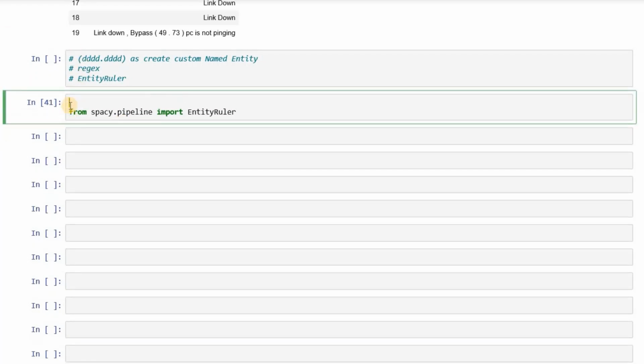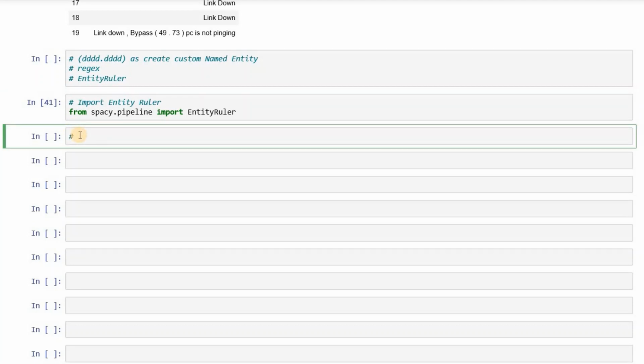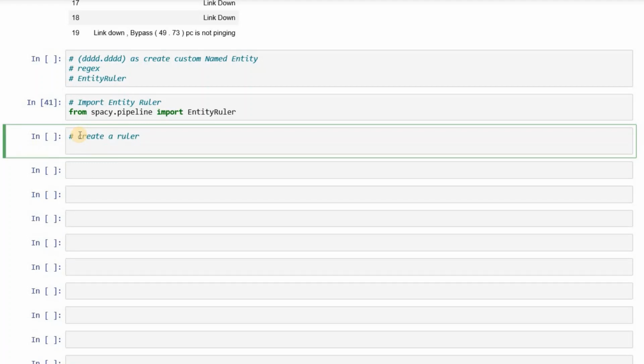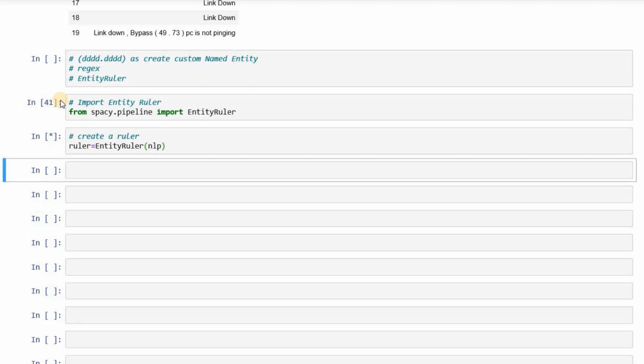This is step 1, import EntityRuler. The next step is to create a ruler. We can do that by ruler equals EntityRuler within brackets nlp.